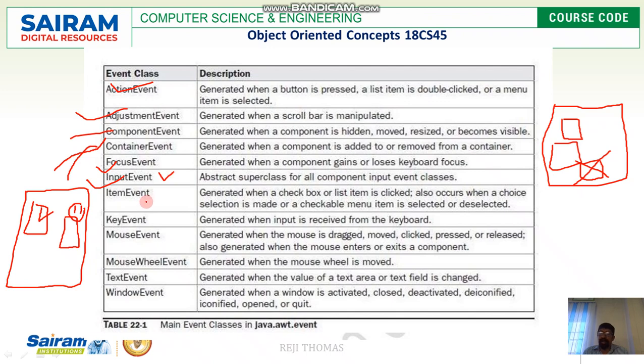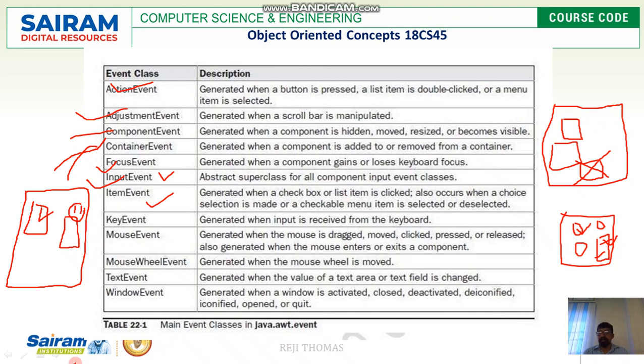The next one is item event. This is generated when a checkbox or a list item is involved. Think that this is a checkbox and these are the items in a list. When you check a checkbox or when you select an item from the list, this item event gets generated.